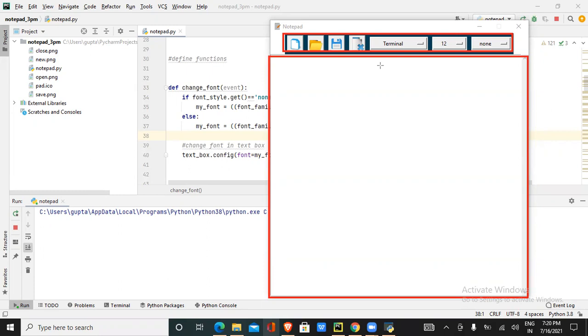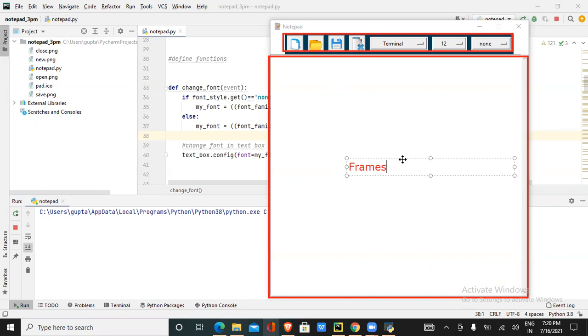I've done this classification on the basis of frames. In Tkinter, you'll find a topic called frames. Like you have buttons and labels, you have a widget called a frame where you can add the data. Like a frame containing a photo, we call it a photo frame, right? In the same way, these 2 are frames here, the upper frame and the lower frame. The lower frame contains the text box and the upper frame contains all the buttons and drop-down boxes.